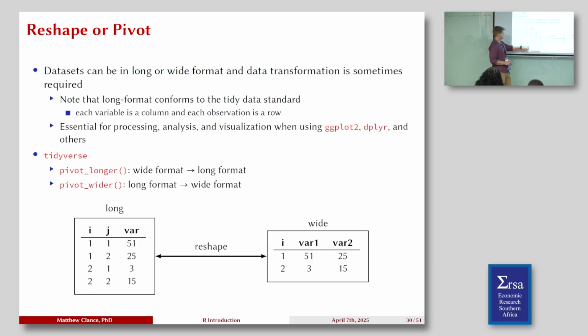If you have an i, j in long format, I probably should have changed the j to a t, because we usually think about this as i, t. So we have whatever country or individual it is, their observation at time t, and that gives us an observation, say GDP. Similar for the same country in the next year, what their GDP is.